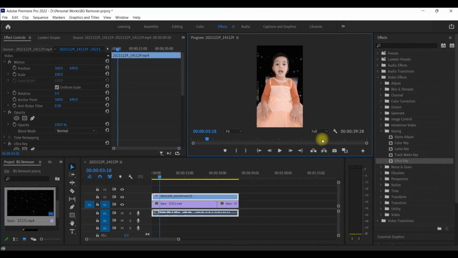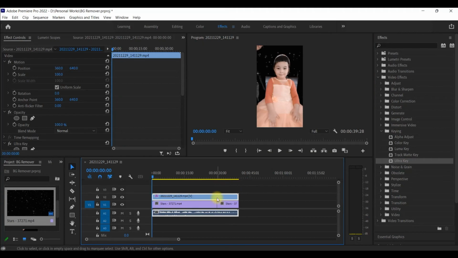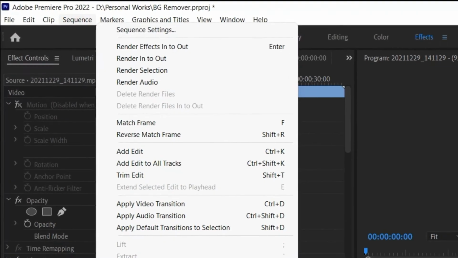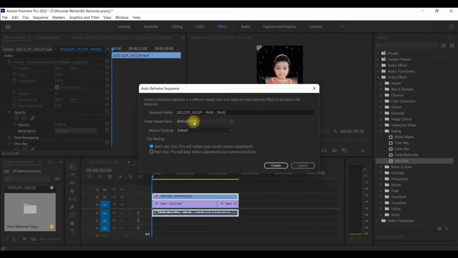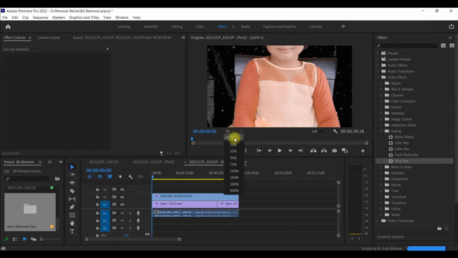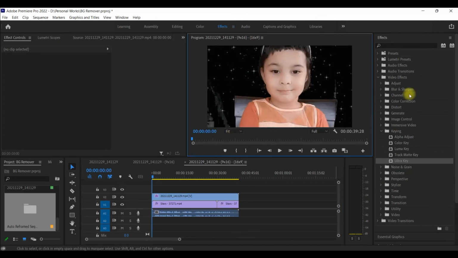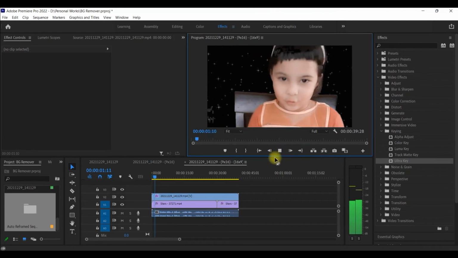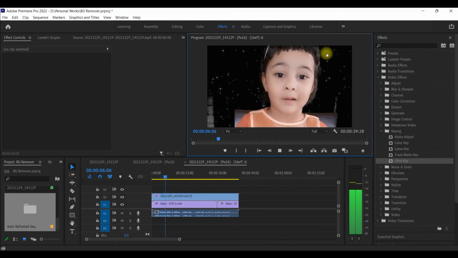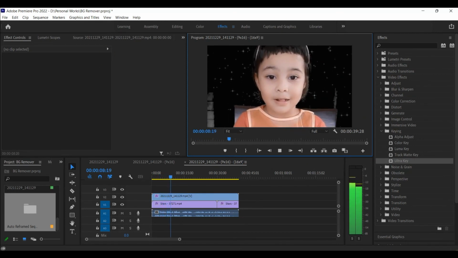If I want to make it for a longer YouTube video, I'll have to select the video part. Now I'll go to sequence, and from there auto reframe, and here 9:16 is the original frame size. For me, I will change it to 16:9, and then create, and then I'll keep it fit. Fit to screen means it will automatically fit to the screen size. Now if I play, this is how it is playing, right? So my background is nicely removed and my entire video is in a 16:9 frame, and I'm done, right?